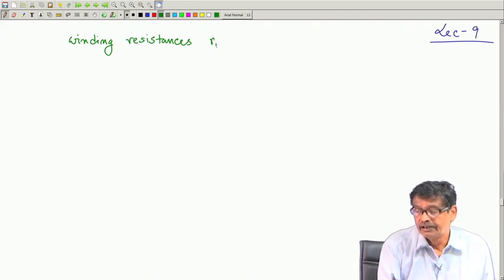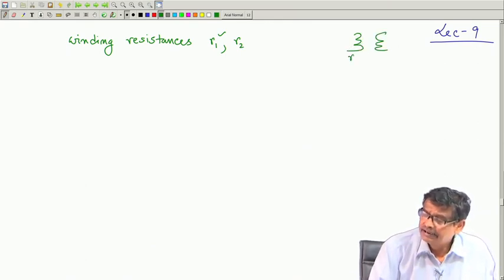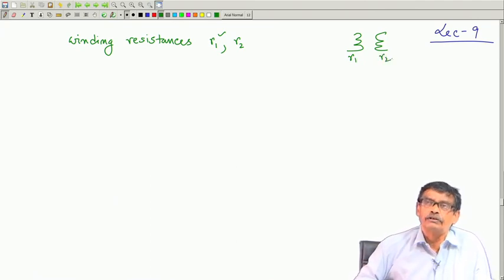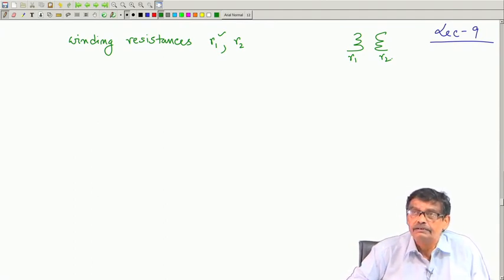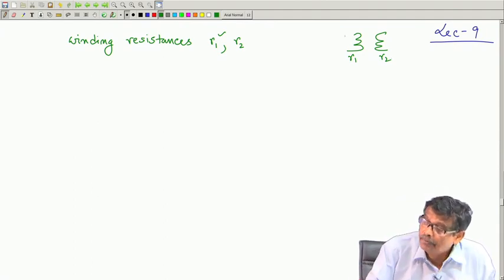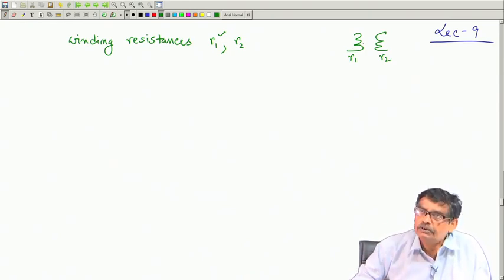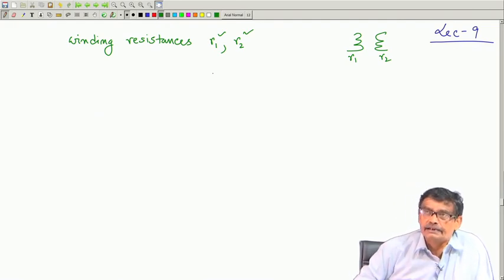Are not 0, that is R 1 is present, R 2 is present. What is R 1? This winding has one side resistance, and this winding has also got R 2, because resistance is after all rho L by A. So, there is some resistivity of this conducting material, some cross sectional area, so many turns are there, so many lengths. Of course, the resistance will be pretty small, it is made of very good material, for example, copper, but nonetheless there will be some finite resistances of primary side and secondary side.